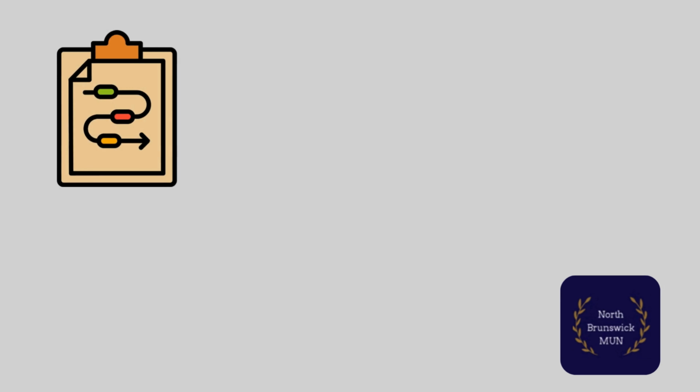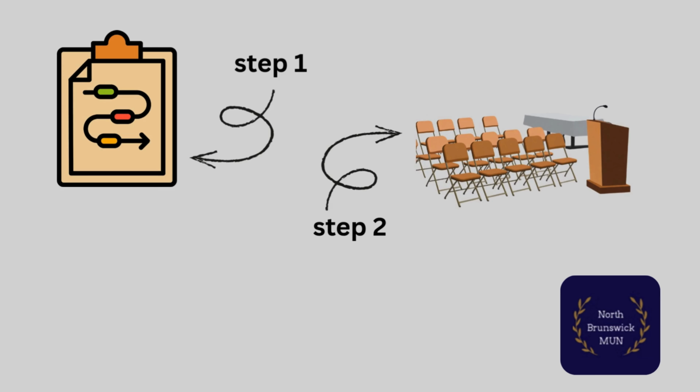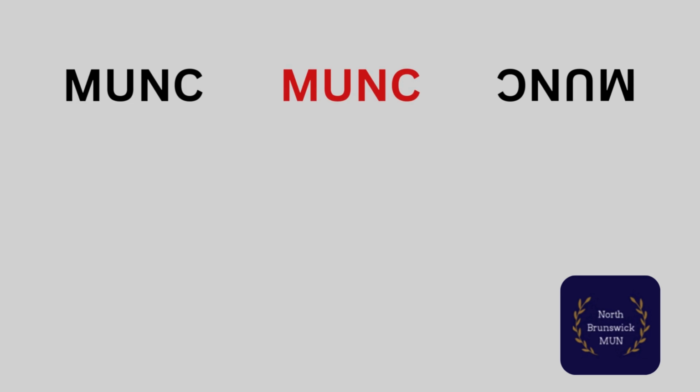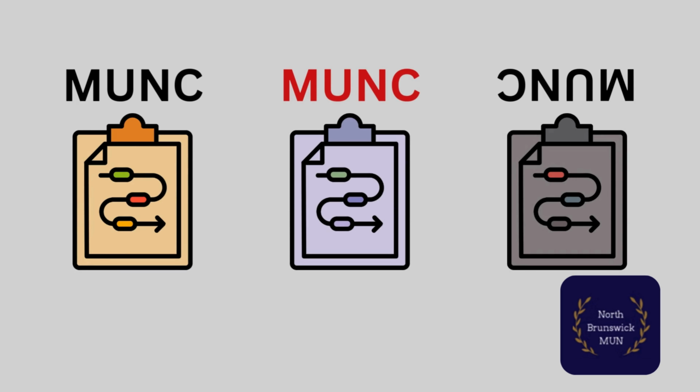Your dais will want you to know their specific parliamentary procedures, Parli Pro, before going into committee. They will usually include their version of Parli Pro in a background guide provided to you before the conference. If you're unsure, just ask. Although specific conferences have their own slight variations in parliamentary procedure, generally, you can find the following points and motions